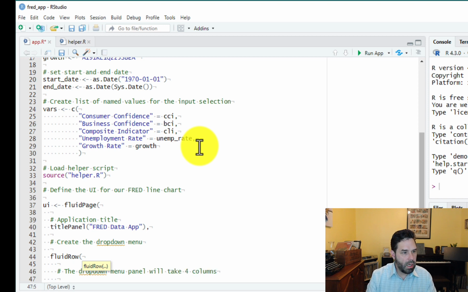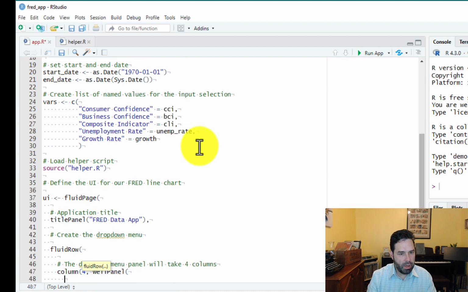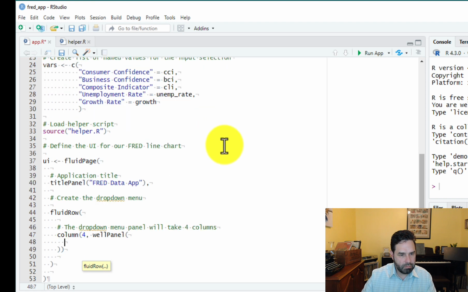So we're going to call column, and we're going to specify 4 for 4 columns, and then we're going to call wellPanel, and then within that we are going to have